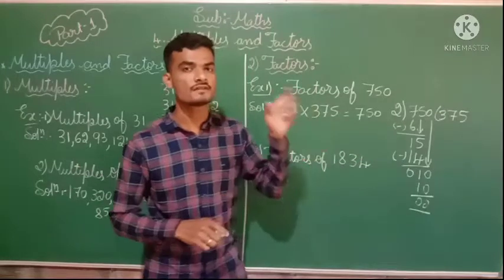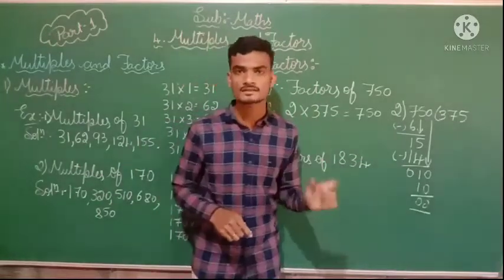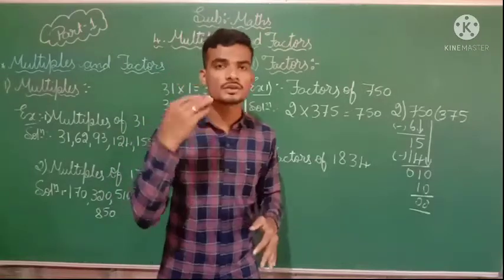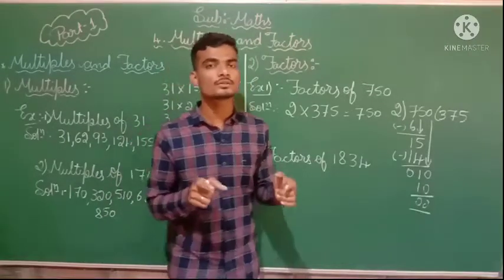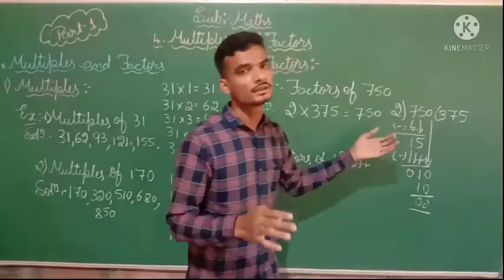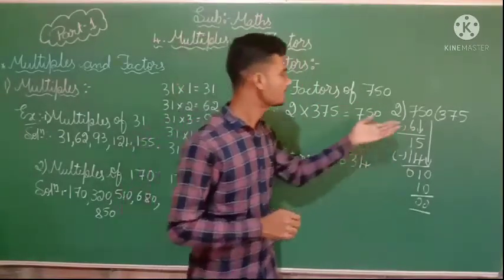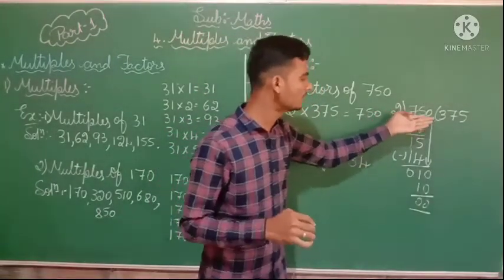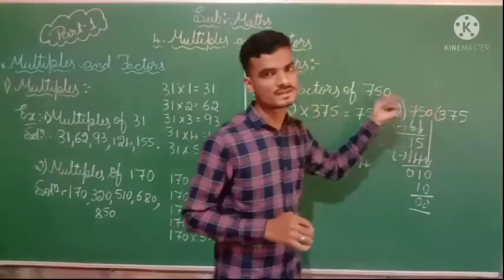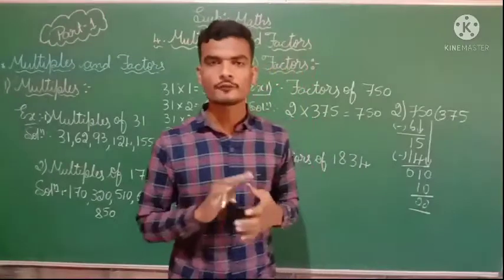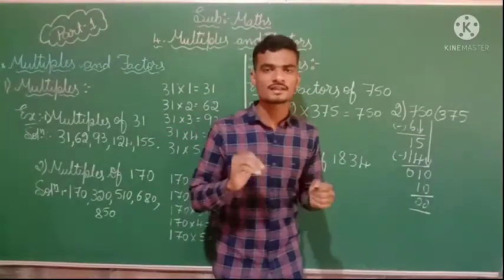Okay, dear students, whenever you are going to watch a maths video, you want to keep a rough notebook with you. Whatever I tell you, you should solve all of it, then you will know the answers well. So with 3, this 750 is not going to be divided completely, so it is not possible. Then if we take 4, it is also not going to be divided completely.